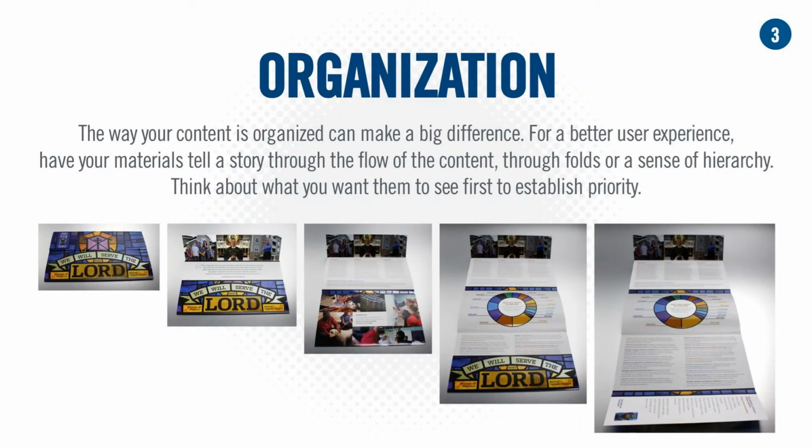And then organization. How is the content organized? We really want to be telling a story with each reveal. It can make a huge difference. So in this example below, it starts out with something that's very visual, because we talked about bringing the reader